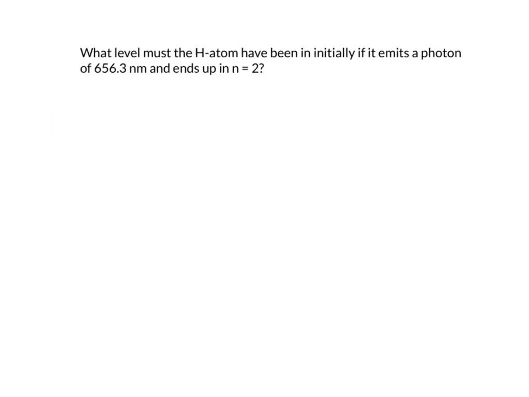Let's do another example. So in this example, I know what level my hydrogen atom ends up in. So I know that n final is equal to 2. And I know the wavelength of the photon that is emitted when my hydrogen atom makes that transition. So I'm going to convert this to meters. And then what I want to know is what level did I start in? And so we can use our same